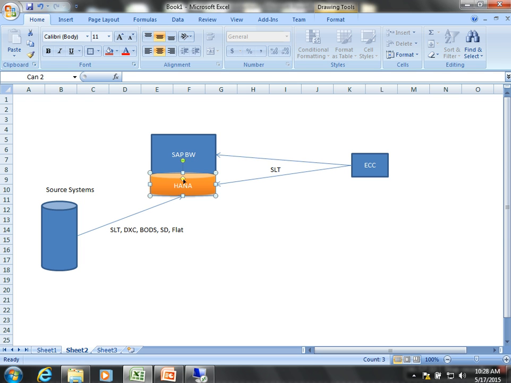So never. There are some functions of BW which suit certain modeling capabilities, and there are some functionalities of HANA which suit other modeling capabilities. So we need a mix of both, and that is where it is always BW powered by HANA. I see even greenfield implementations, meaning fresh implementations, on BW on HANA. This is what you would start working on.